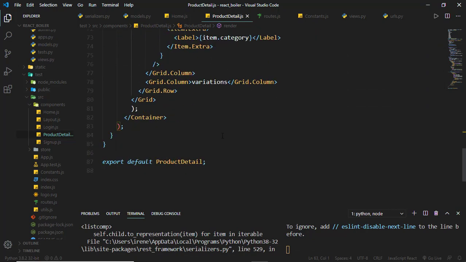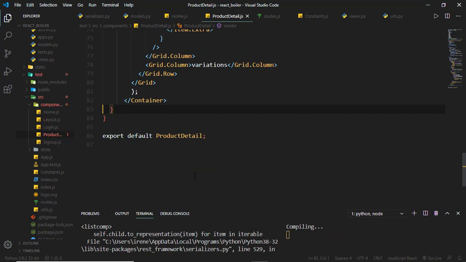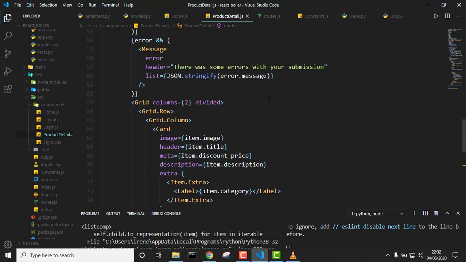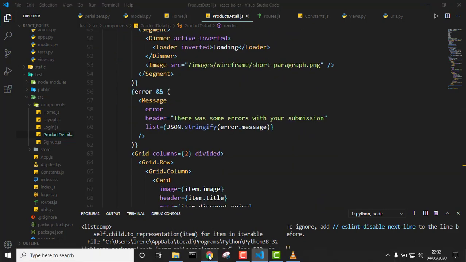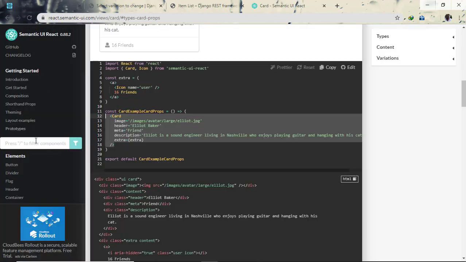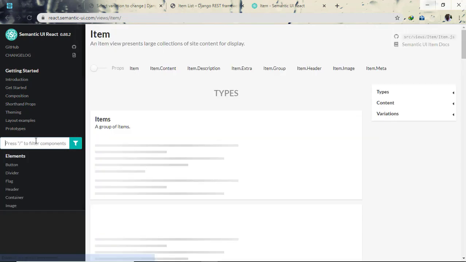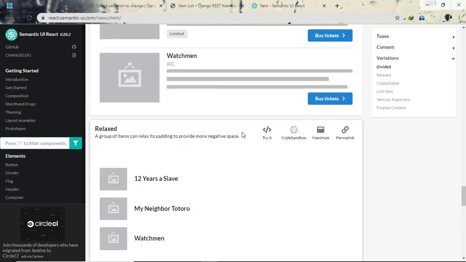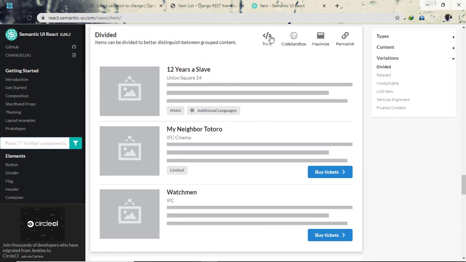So we can probably get rid of that return as well. Save everything, and if we come back and refresh, so what we'll need to do is add that add to cart button there. So we can just go back to the item, and what we are using is this in here. So we can just go to try it,